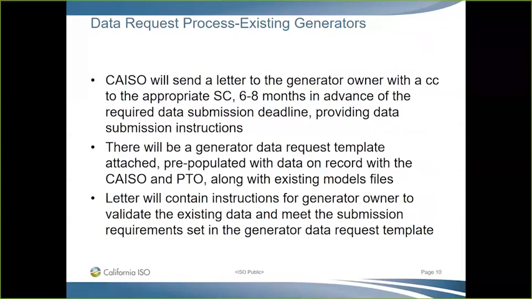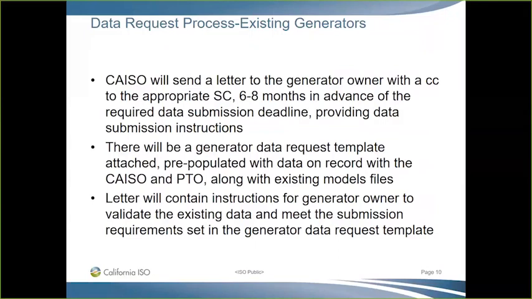We split out all the participating generators into different categories. There are a total of 5 categories and 11 phases. The categories are set by nameplate rating and voltage, and we do have a table showcasing how those categories are set up. Before each phase, we will send out a request letter to the generator, and we will attach a